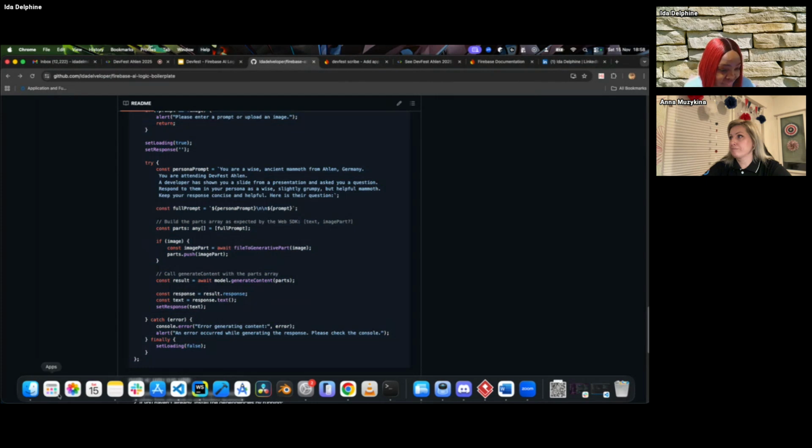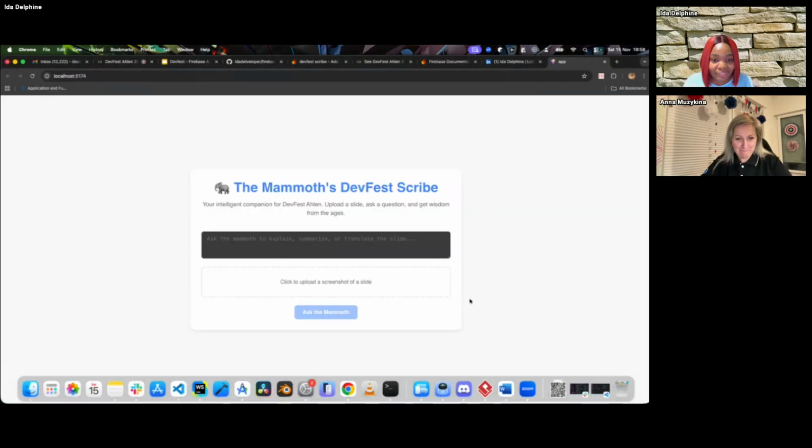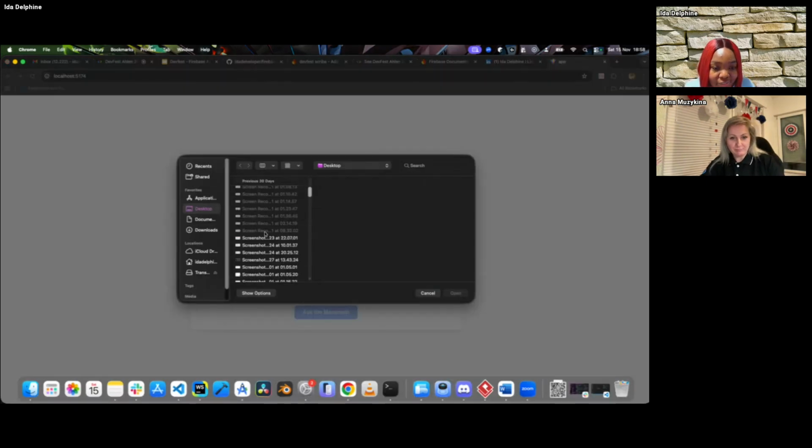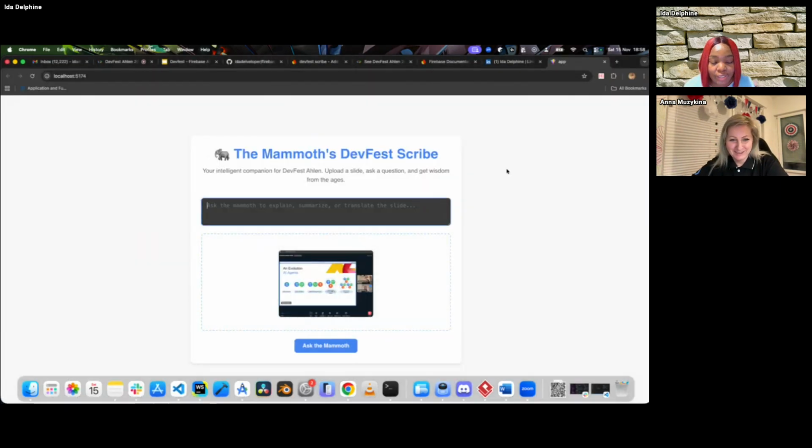Fingers crossed it works, because there are times when you try to demo and it doesn't work. But literally minutes ago I tested it and it worked. Okay, so let me get the same screenshot I took. This one on AI agents is a very good screenshot. And then I'll be like, okay,